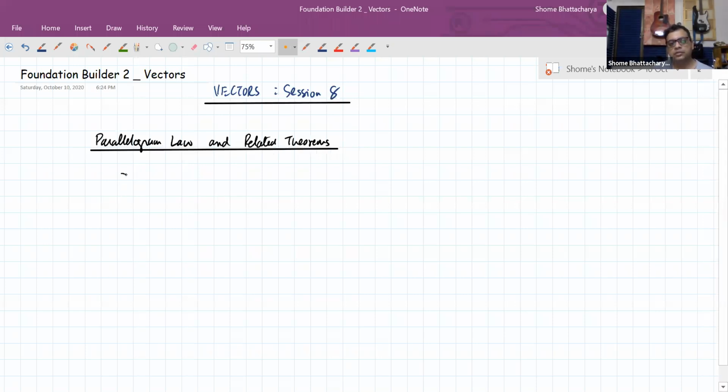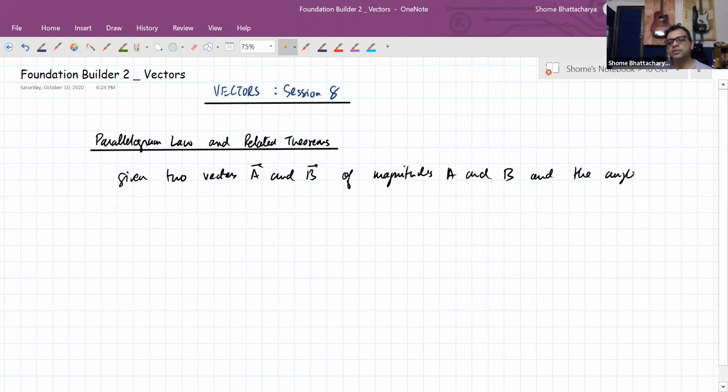So given two vectors of magnitudes A and B, and the angle between them theta, okay, a vector parallelogram